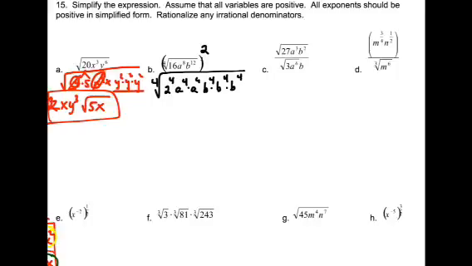So I need 4 groups of 4. So the 2 comes out as a 2. Each of these a's comes out as an a, so that's a squared. And each of these b's comes out as a b, because each of them is to the 4th power, so that's b to the 3rd. And nothing is left inside, okay? But we still have to square it. So now it's 4. When it's power to power, you